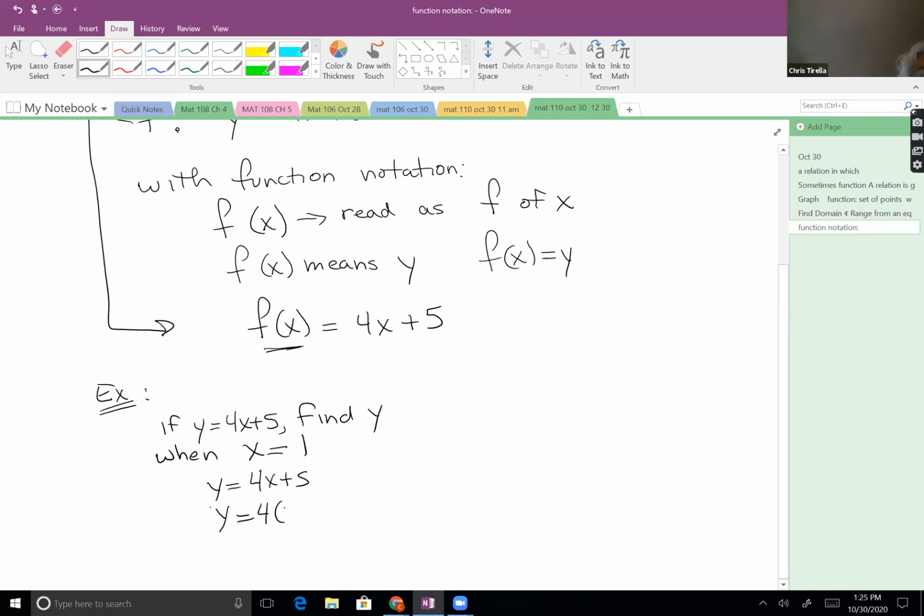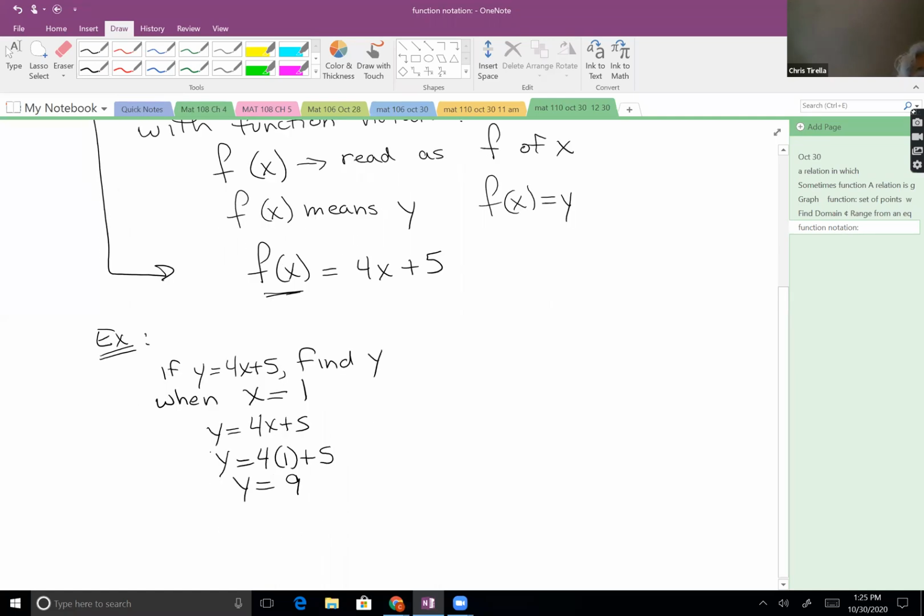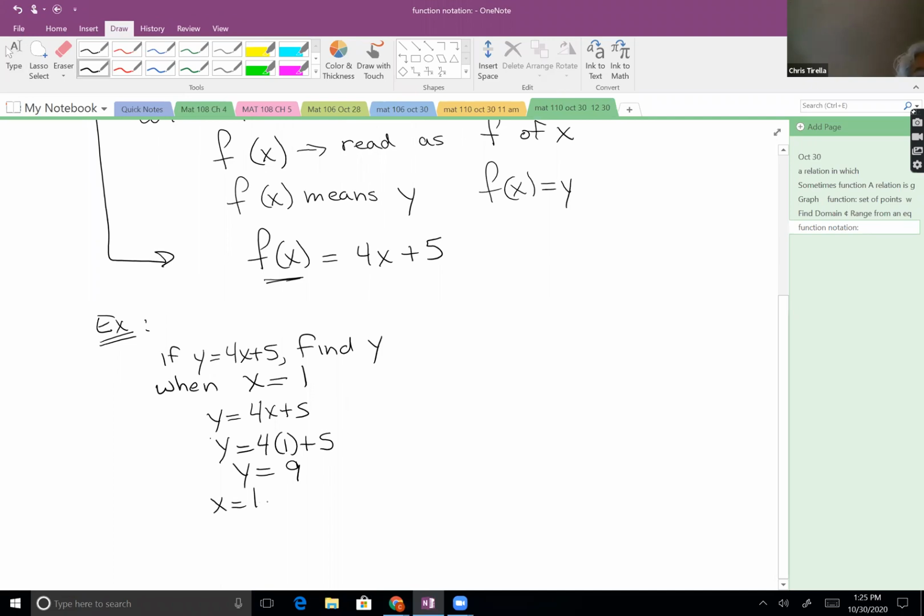And that would give me y is equal to 4 times 1 plus 5, which gives me y equals 9. And so we could say that when x is 1, y is 9, or we could write that as the point (1, 9). Well, with function notation, I could just write that as